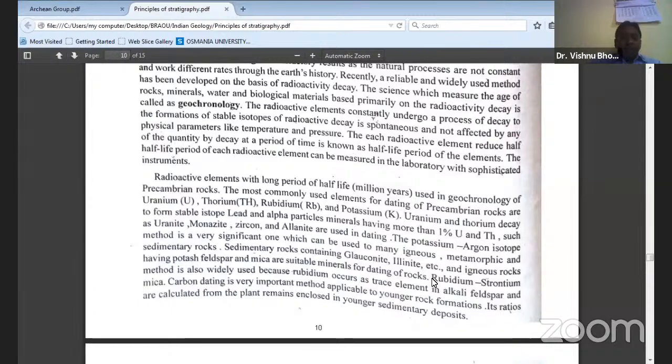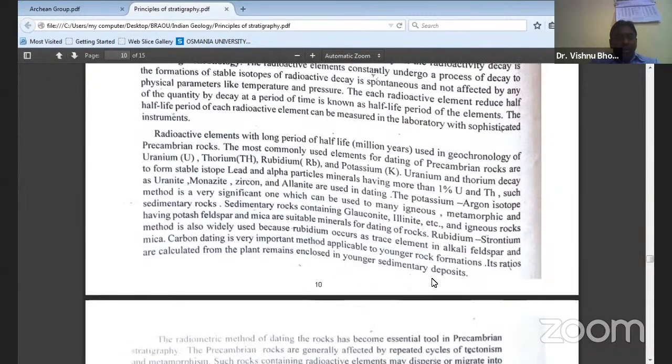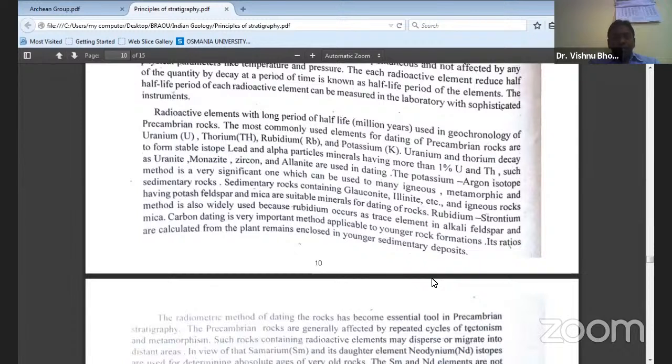And next one is carbon dating. Carbon dating plays a very important role, and it is applicable to younger rock formations. The ratios were calculated from plant remains also, which are enclosed in the younger sedimentary rocks. And carbon dating is very important because